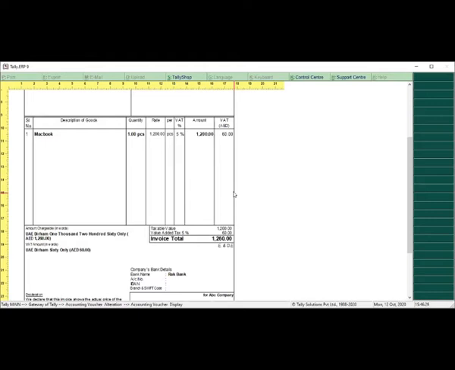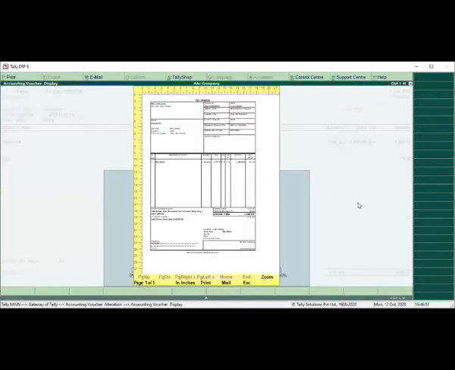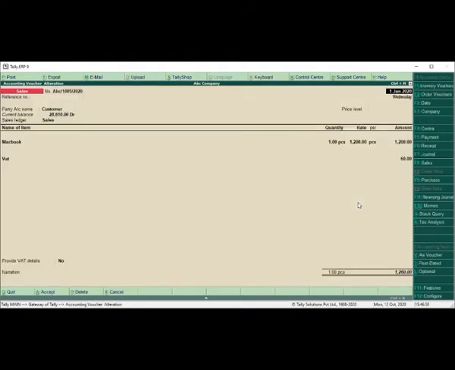So previously the customer was using the first option, but now the FTA made some changes and required that the VAT ledger should not come in the invoice, it should come at the bottom of the invoice. So that's why we have made the changes where we can see the VAT ledger at the bottom of the invoice. This is the major change which we have done from release 6.6. So if you are on a lower release, you will not get format 1 and format 2. Only the first format you will get by default. Okay.